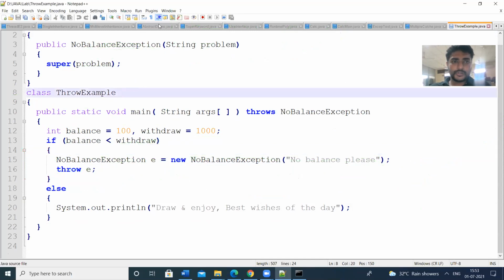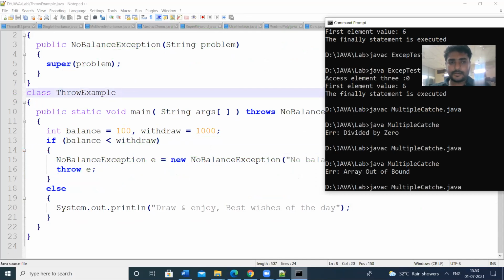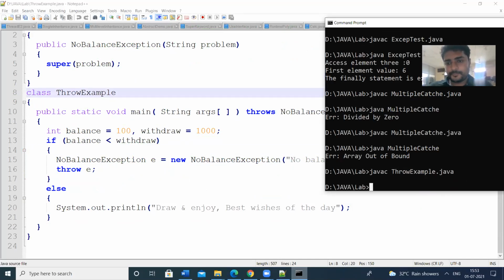So let us check the output. javac, the program name is ThrowExample.java. The program is compiled.